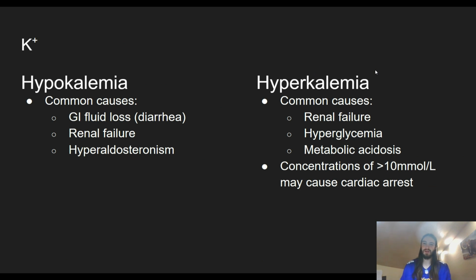Hypokalemia is caused by various things: GI fluid loss, renal failure. Renal failure is on both hyper and hypokalemia. With hypokalemia, it's certain types of renal failure, like renal tubular acidosis. With that acidosis, the extra retention of the hydrogen ions would promote excretion of more potassium to maintain that electroneutrality. With hyperkalemia, renal failure is just not being able to excrete much in general, so you would end up having